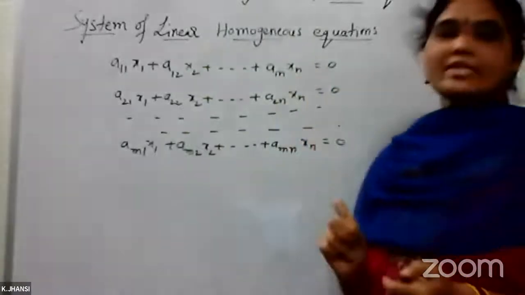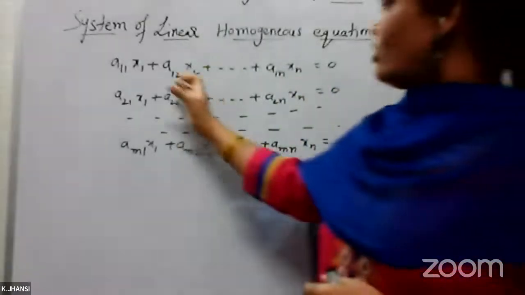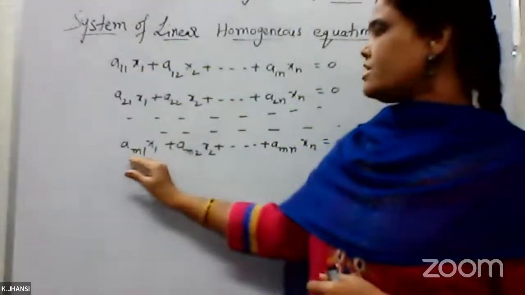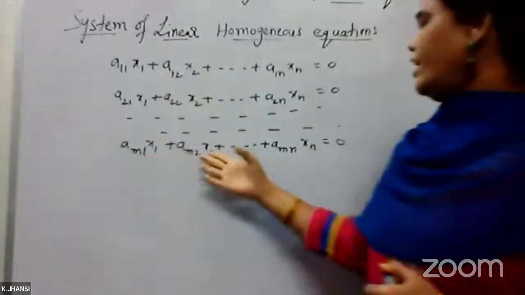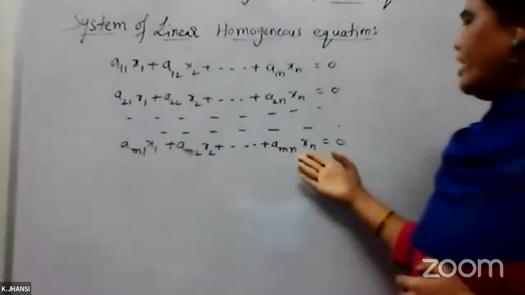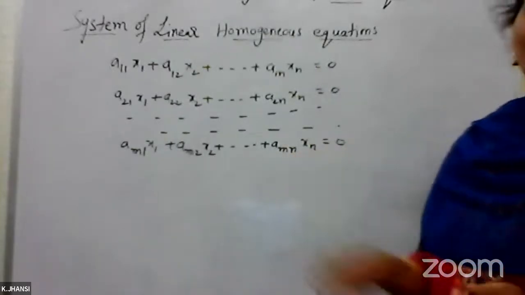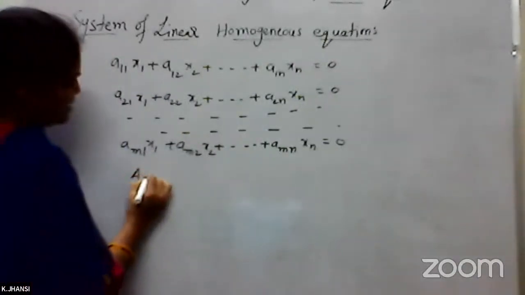It also represents linearly independent solutions. Whenever you write these in this form, the last equation is Am1 x1, and so on, whatever is in between, Am2 x2 plus so on, Amn xn equals 0. Here m represents the rows and n represents the columns. If you write this in matrix form, it will be like this: A equals